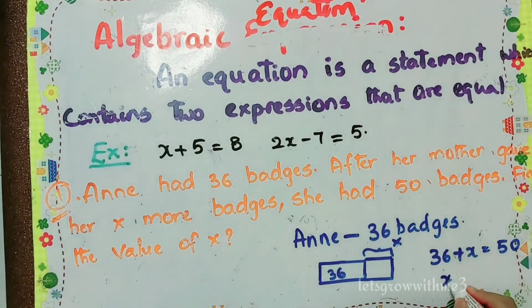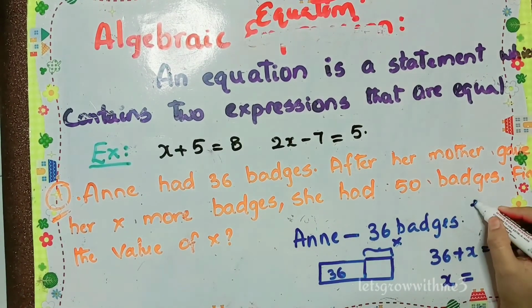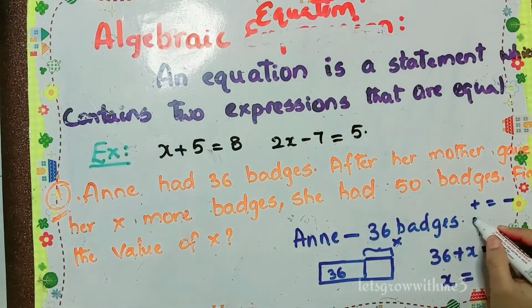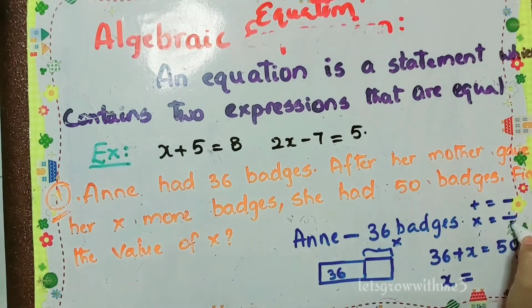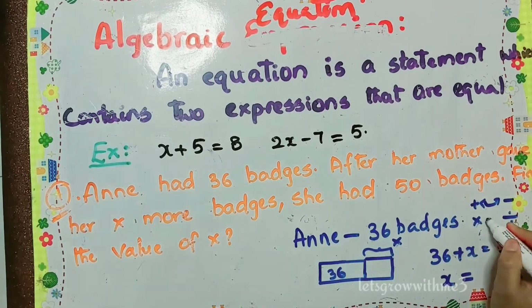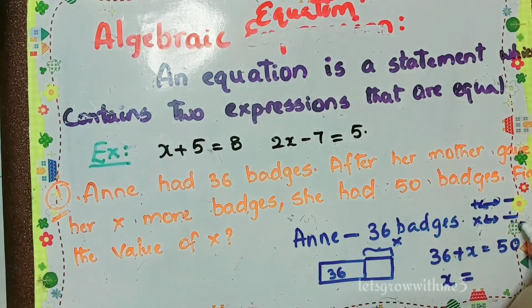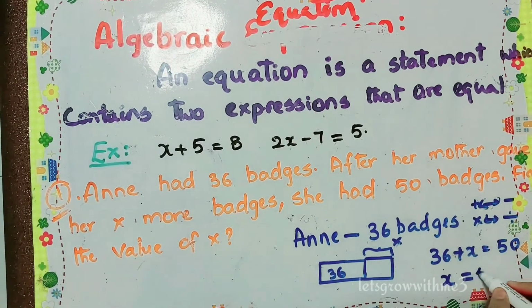Then we have to solve the equation. Whatever we need, we will keep on the left hand side, and the remaining we will assign to the right hand side. Whenever you are transferring, the basic rules are: addition changes to subtraction, and multiplication changes to division, and vice versa. Subtraction changes to addition, division changes to multiplication. Okay, so these are the basic rules when you are changing operations from the left hand side to the right hand side.